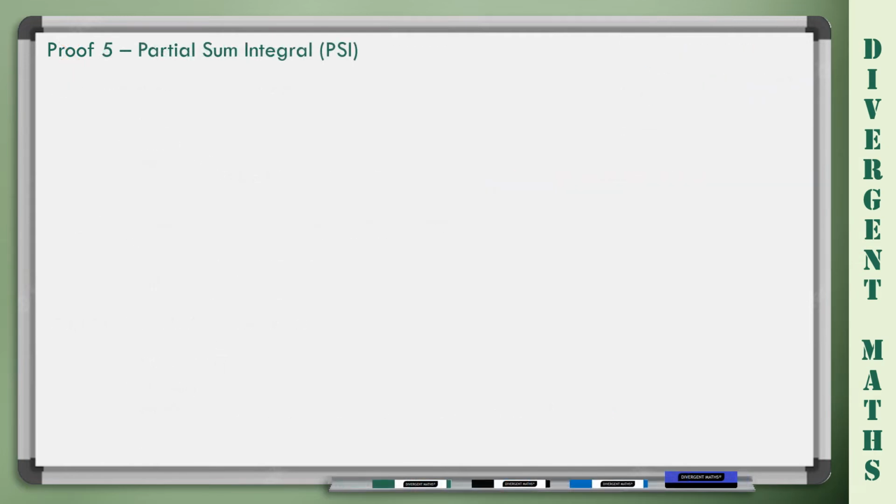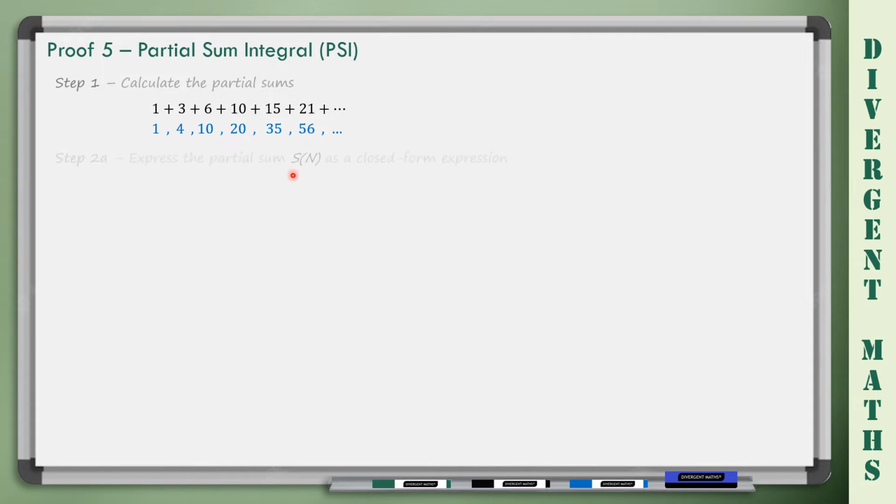Number 5, partial sum integral, PSI. So we will use that method to calculate the sum of the monotonic divergent series of triangular numbers like we have done in the previous videos. Same steps. Step number 1, calculate the partial sums. So we have done it already. We know the partial sums of the monotonic divergent series of triangular numbers are the tetrahedral numbers or triangular pyramidal numbers 1, 4, 10, 20,